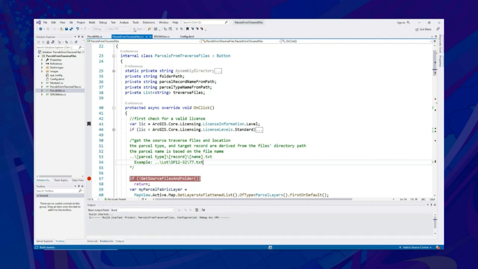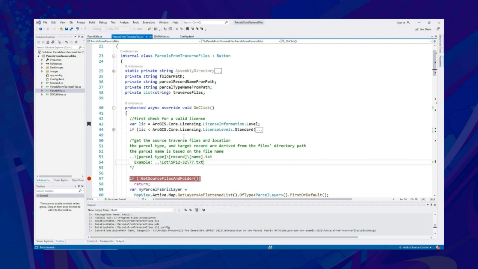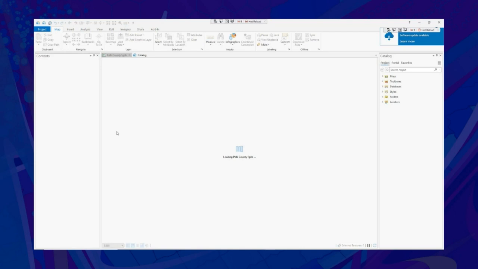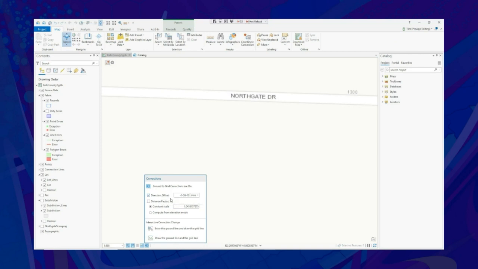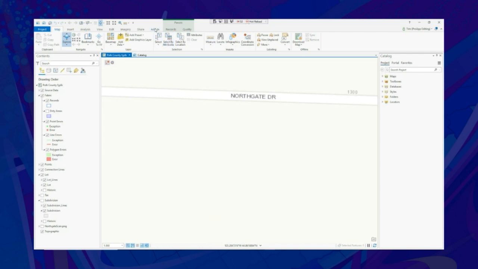I'm going to start the debug session here. So the first thing I'd like to point out, the ground to grid setting is turned on. We have the direction offset active and it has a value. We have a distance factor also as a value, but we don't have our distance factor turned on. Now, if we go to our add-in,